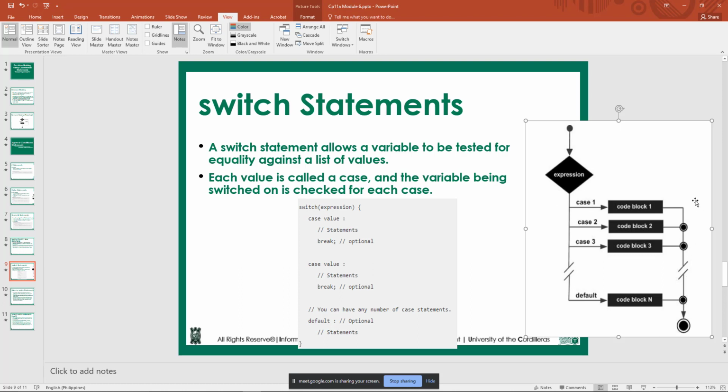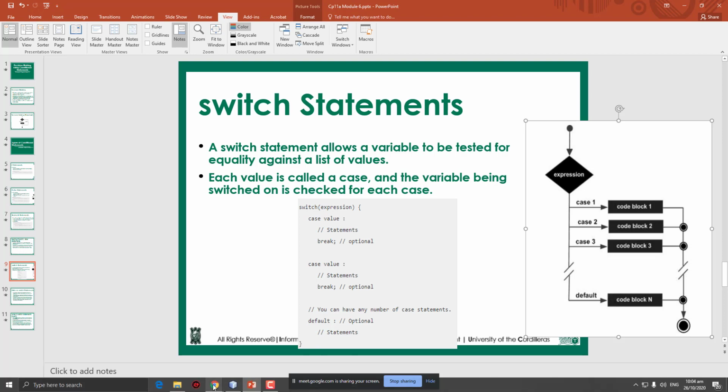If none of the cases were executed or resulted into a true value, the expression will go to the default and will execute the code or the statement inside the default block. Now, let's take a look here sa